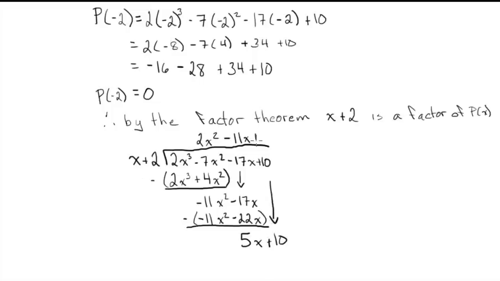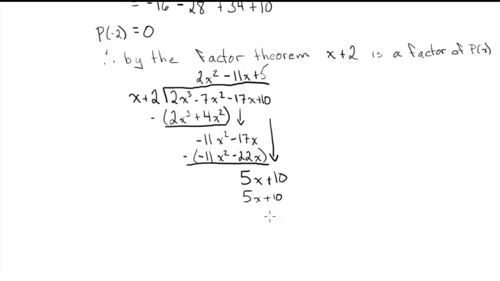Multiply by positive 5. 5 times x plus 2 is 5x plus 10, which is good because now when we subtract we get 0, which is what we should get. So the remainder is 0. Therefore, we know that 2x cubed minus 7x squared minus 17x plus 10,